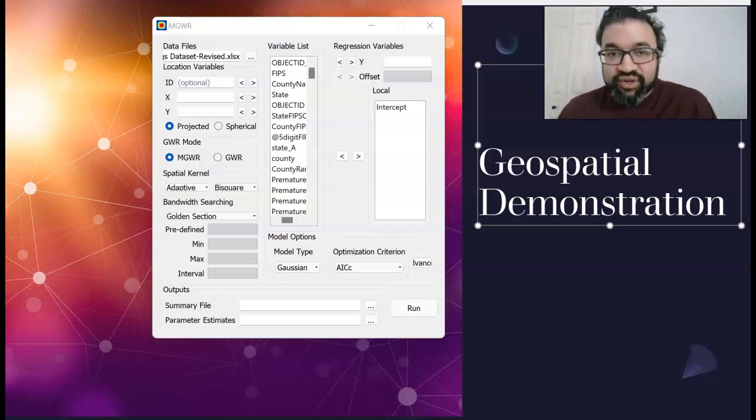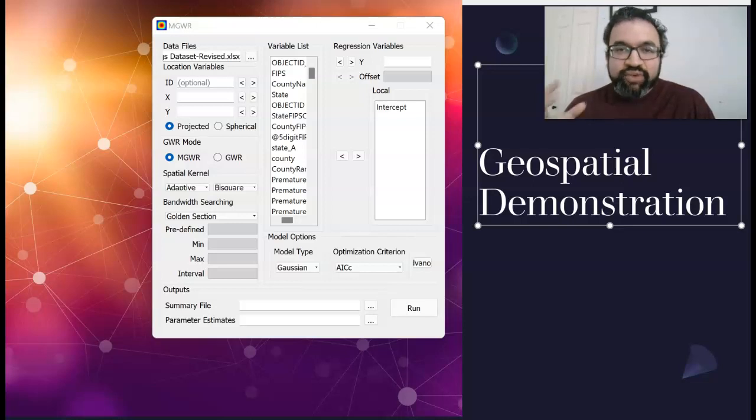For starters, before I even got to this step where you're seeing this python-callable program that has been developed by Fotheringham and Sachdeva, and there's been multiple iterations of this software. But before I even got to this stage,